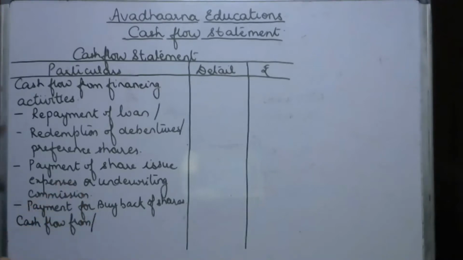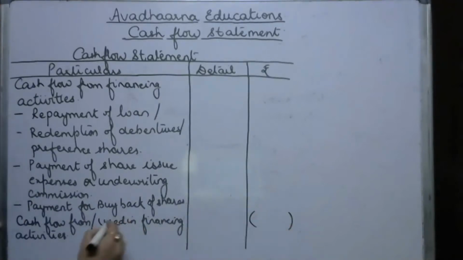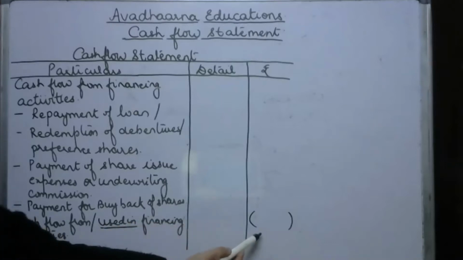But if the sum total of the cash outflow from financing activity is greater than the sum total of cash inflow, then we are going to have cash used in financing activity. फाइन. और अगर used आता है बेटा तो हम क्या करते हैं, वो फिगर्स को डिटेल यहाँ पर नेगेटिव ब्रैकेट में दिखाते हैं. If it is cash used in financing activity, so that figure is to be shown in brackets